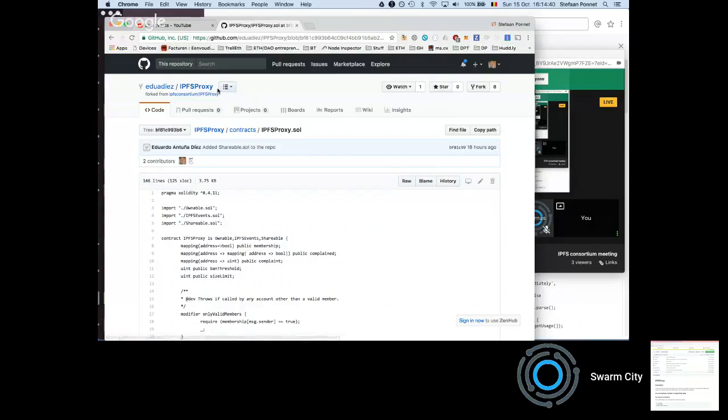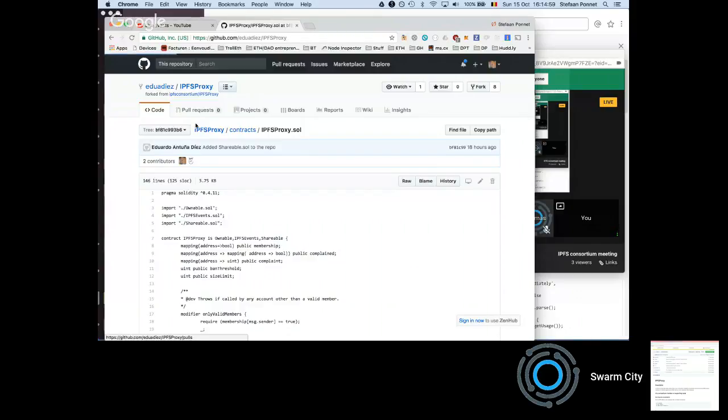So I think that sums up what we wanted to do. The difference with the existing IPFS consortium is that we are actually using smart contracts, so the Ethereum network, to build on top of.